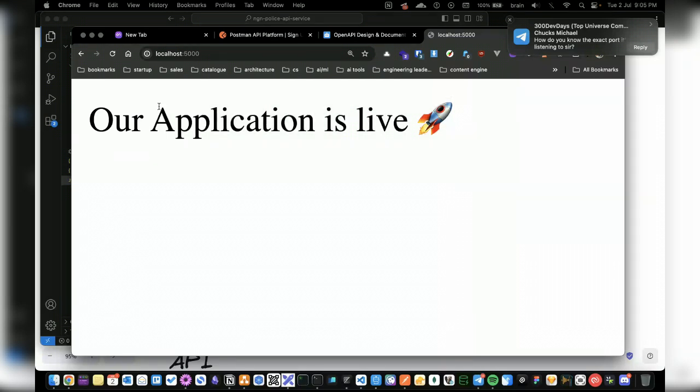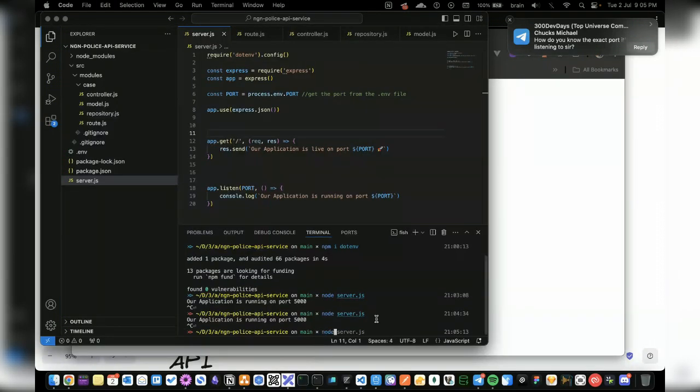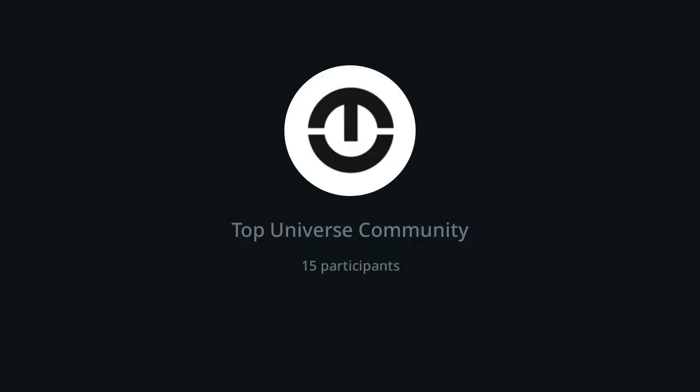This might lead you to wanting to use something called nodemon, because nodemon is going to automatically refresh your application, so it gives you that hot reload. If I want to use nodemon, I would have to install nodemon as a global dependency on my machine. I already have it installed though, so I don't need to do that again here. So I can run my application with nodemon server.js.